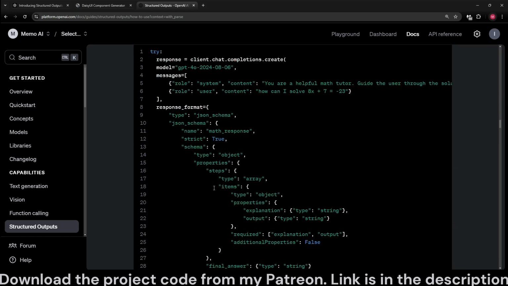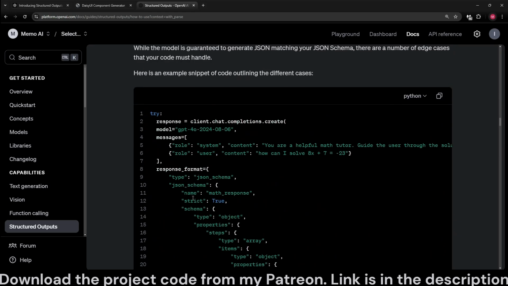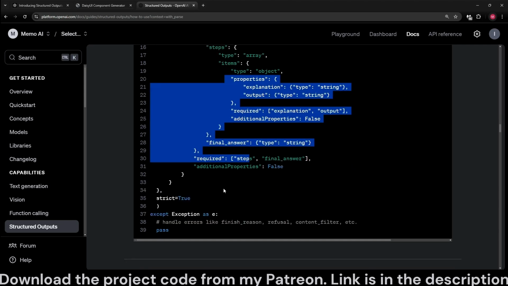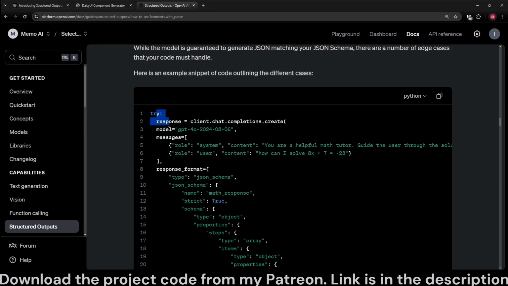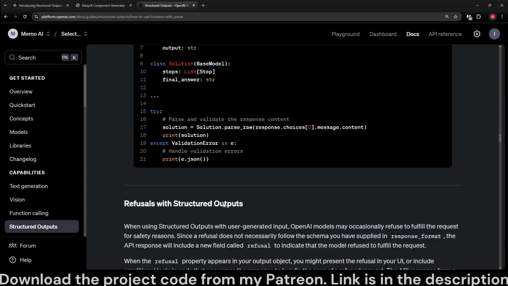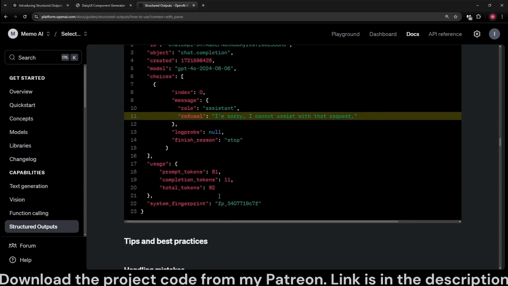response. And you can also handle edge cases. By the way, this is how you set strict true within the response format schema. This is if you're providing a regular JSON schema and not using the Pydantic objects, you set strict to true. And you put this in a try and except block and handle the exceptions such as refusals, content filter, and a finish reason. And now you can use output in a type-safe way by using